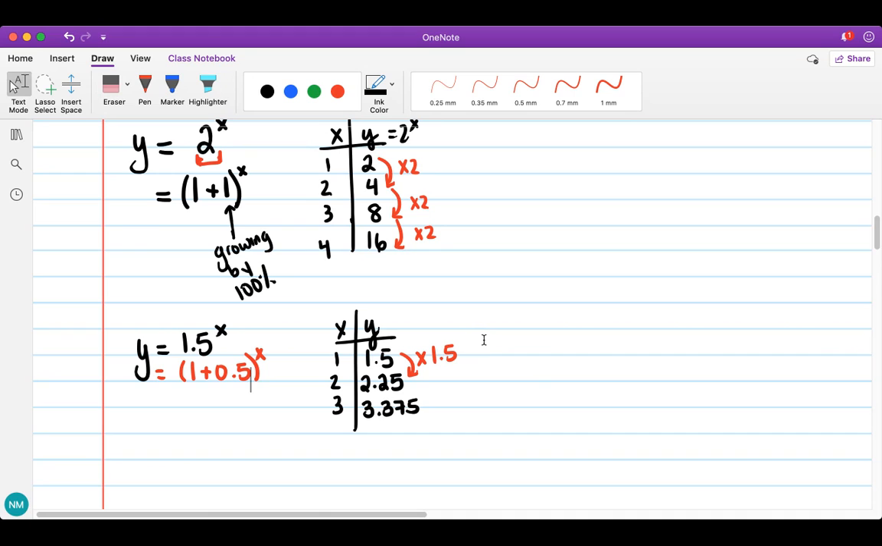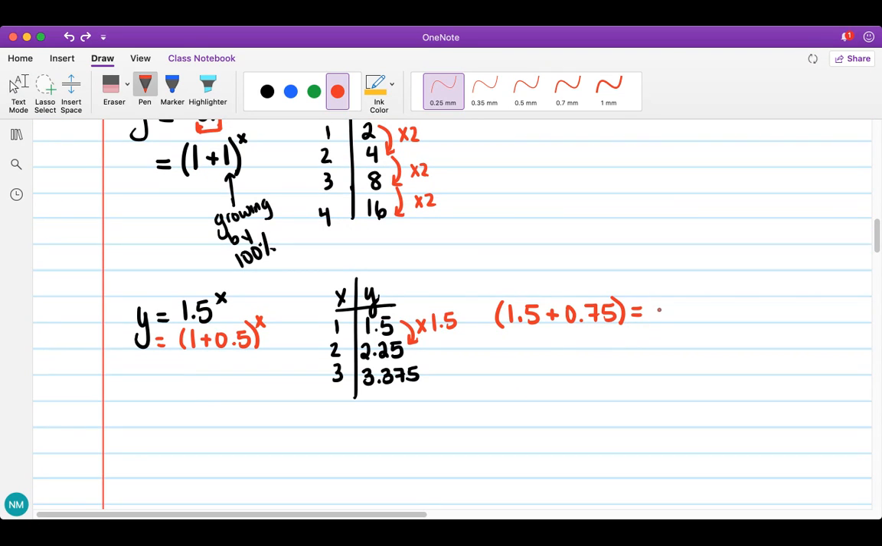So 0.5 is half, right? So 1.5 plus, which is the whole thing, plus, and what is half of 1.5? Half of $1.50 is 75 cents, 0.75. And this is the whole plus a half, right, is equal to